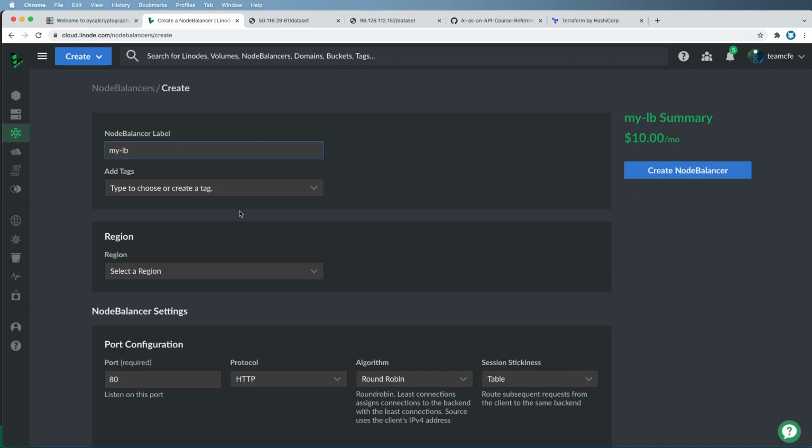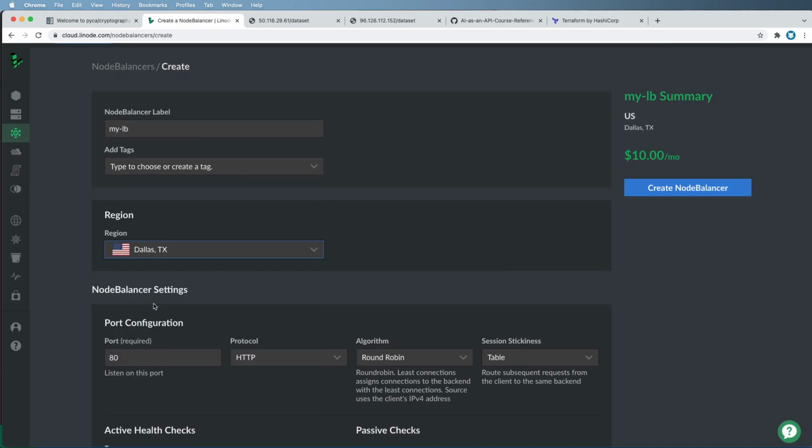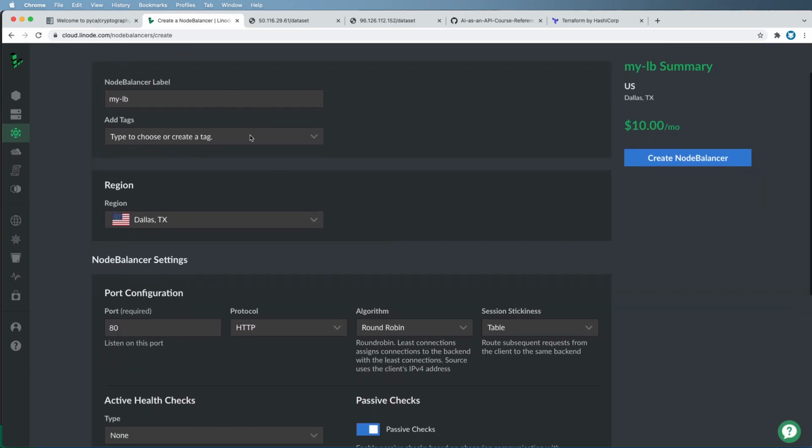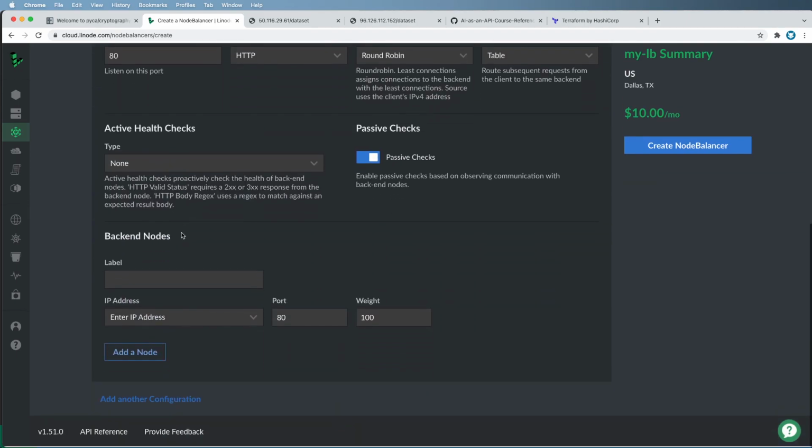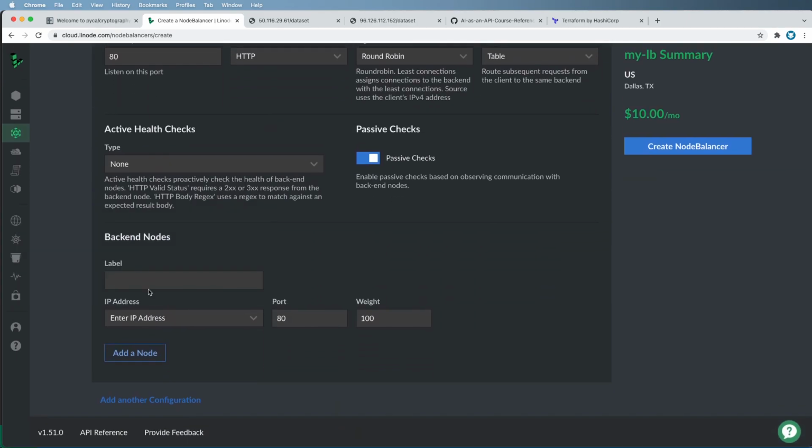I'm going to call this my LB, and then I will not add tags at this point. I want to select the region, the exact same region that I have for my nodes. And then I want to scroll down to the backend nodes. I'll go ahead and say node-1, grab the IP address. Notice that these are private IP addresses. I had to have private IP addresses on both of these, something I did not do in the video other than show you the